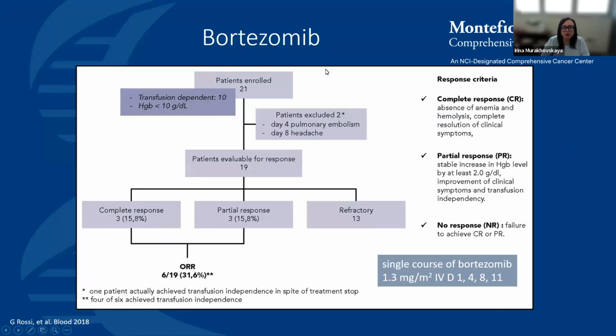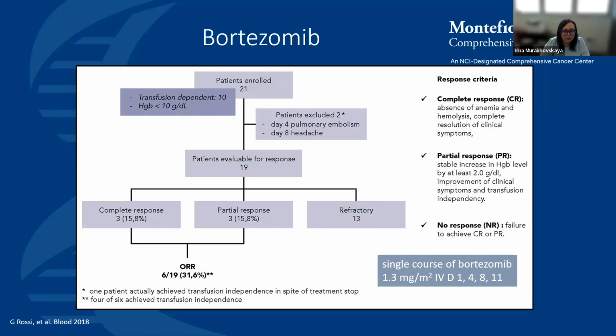In patients who progress on bendamustine rituximab B-cell-directed therapy, consideration can be given to treatment with bortezomib, which was evaluated in one prospective trial, which included 21 patients who were either transfusion dependent or had hemoglobin of less than 10. 2 patients were excluded prior to initiation of treatment, and the 19 patients received bortezomib therapy, which included a single course of bortezomib, 1.3 milligrams per meter squared, administered intravenously on day 1, 4,